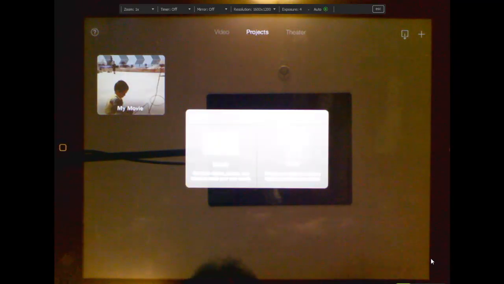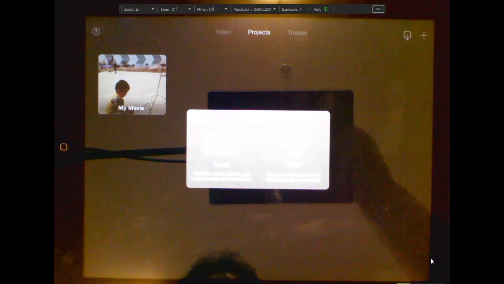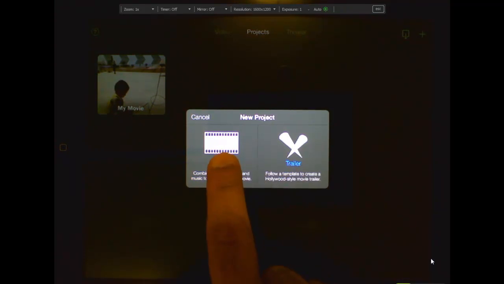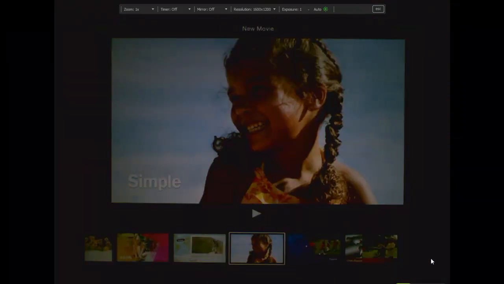And now let me just change the exposure so you can actually see what's actually happening on this dark screen. You have 2 options, movie and trailer. Go ahead and select movie. Now, what that allows us to do is,